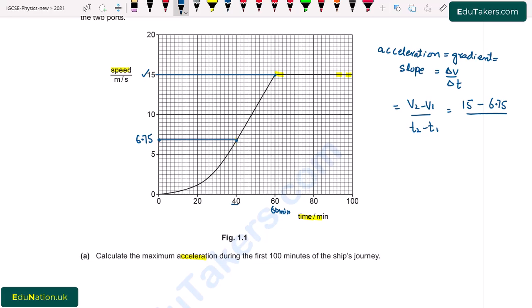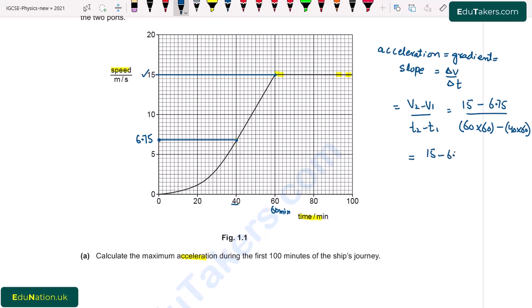First of all we have to convert this minute into seconds. That's why I multiply it with 60. I write here 60, that is T2, multiplied by 60 to convert this time into seconds, minus 40 multiplied by 60. 40 is the initial time, and to convert this minute into seconds I multiply it with 60, and it becomes